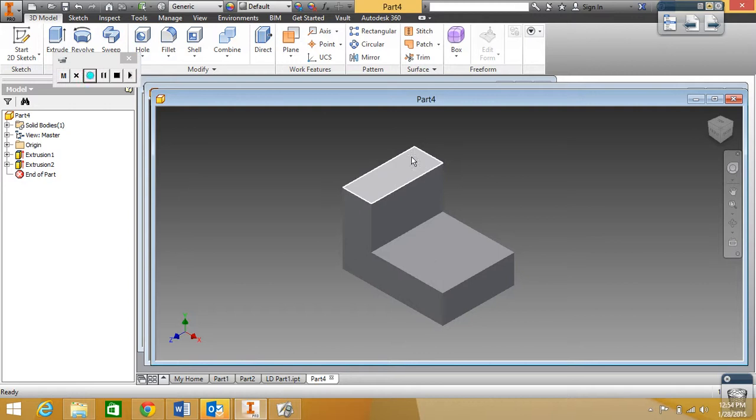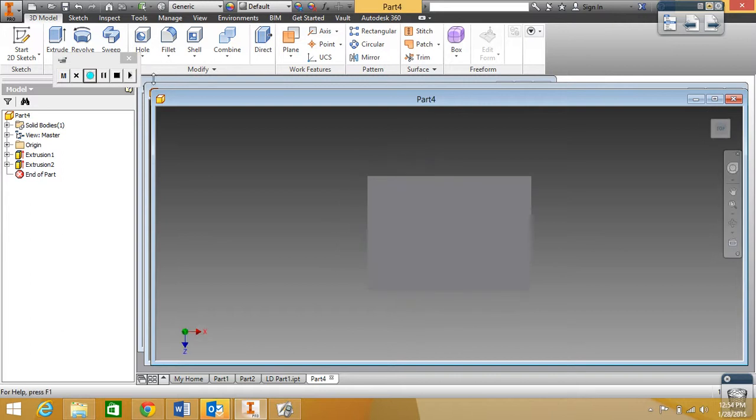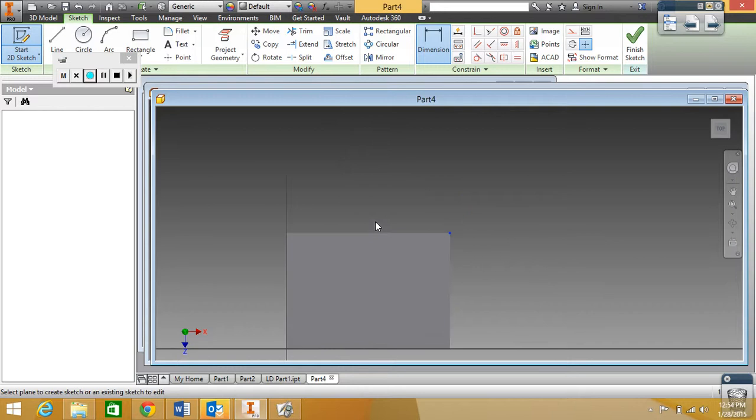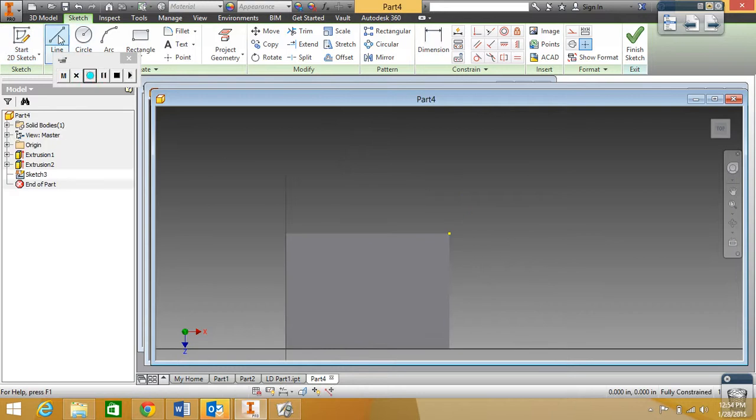Then we want to put a sketch on the top. So we want to turn to top, and we want to do a sketch on top. Use a line tool to go from the edge line here, edge here, make sure they're perpendicular, and then we want another line from the edge to